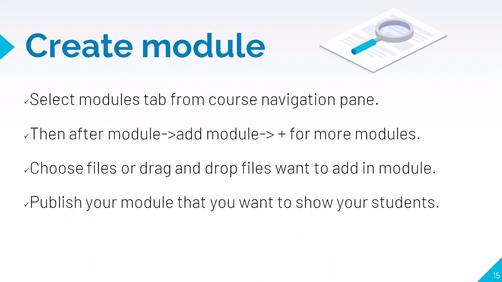Next is how to create a module for your course. A module is simply like a chapter of your book. Like in your course, modules are the chapters. Select the Modules tab from your course navigation pane. Then in modules you have to add a module and press the plus button for more modules and choose files or drag and drop files you want to add in the module, then publish your module that you want to show your